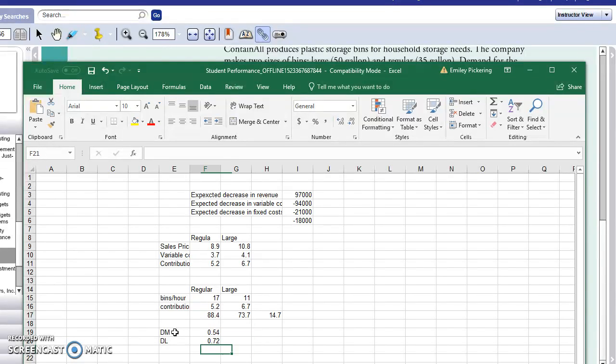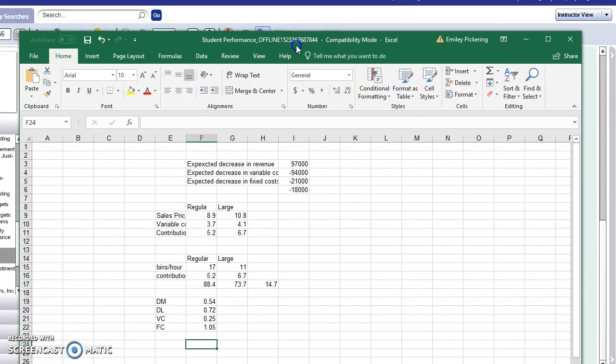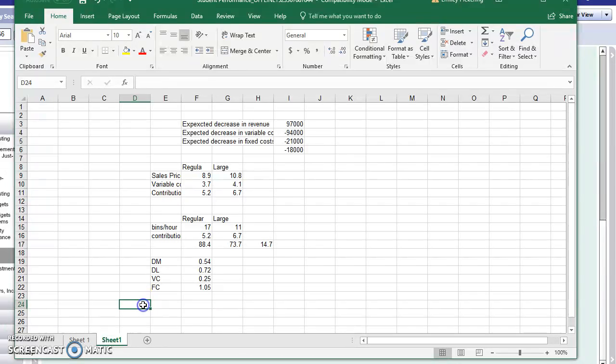Then we have variable costs, which is 25, and our fixed costs, which is 105. So our total cost per loaf